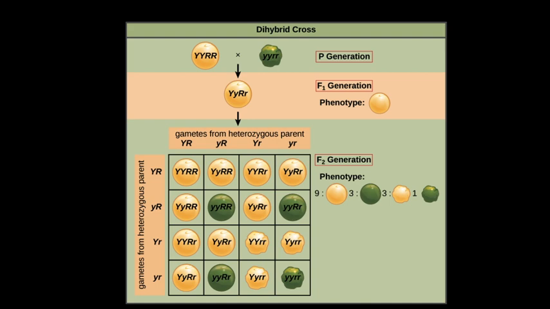Now, round shape and yellow color of the seed are dominant over the wrinkled shape and green color. During gamete formation, each pair of alleles segregates independently of the other and produces only capital R, capital Y, or capital R, small y gametes. All the plants produced in the F1 generation were with round and yellow seeds, meaning capital R, small r, capital Y, small y, which were heterozygous for both alleles and thus called dihybrid.